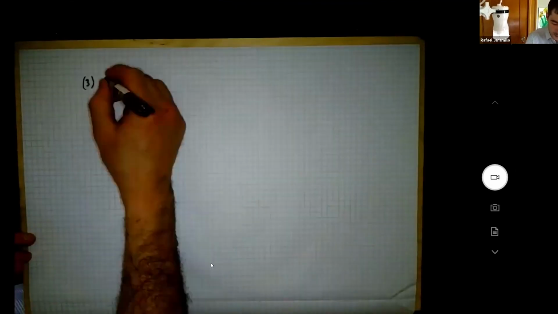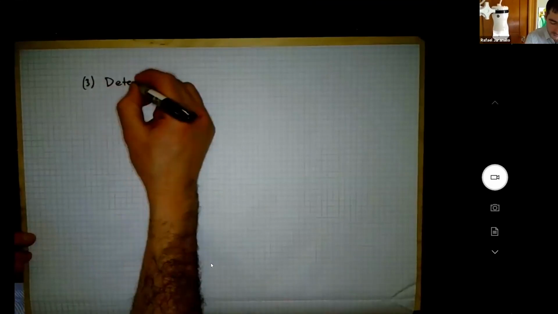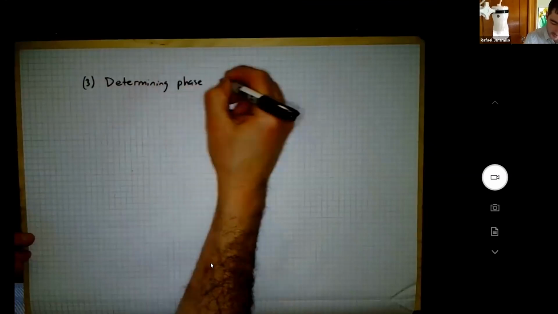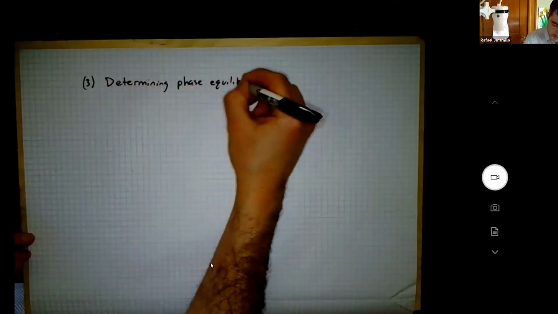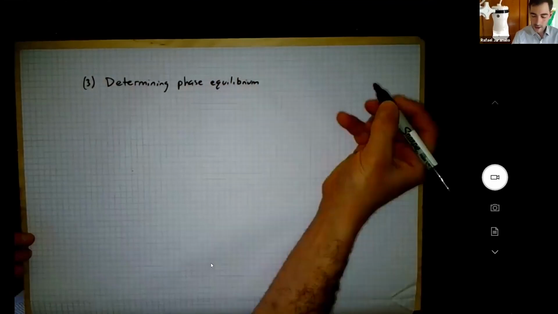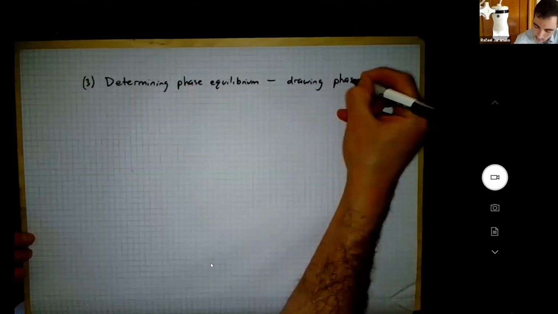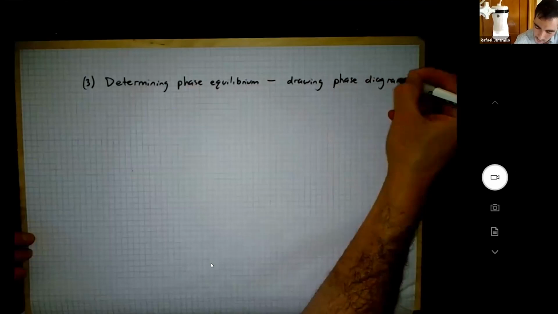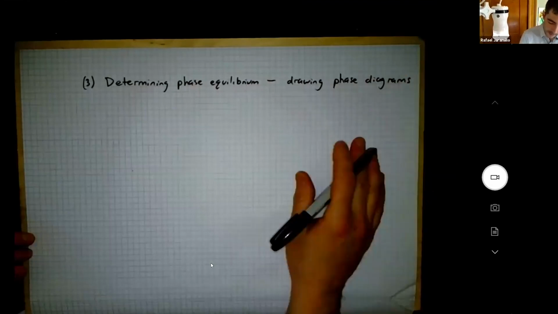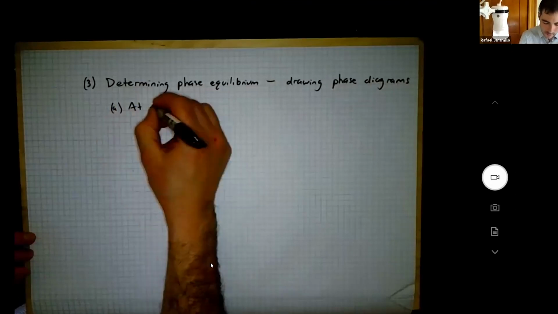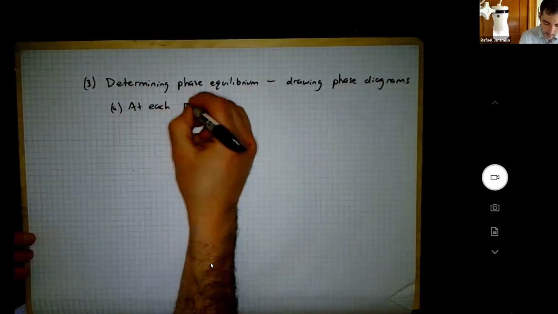We've done some calculations of how it varies. You're going to do a lot more. Have we done calculation? Yeah, we have. Determining phase equilibrium. That is, how do we draw phase diagrams? How do we do it? Let's say a 3-step process. Step A, at each pressure and temperature,